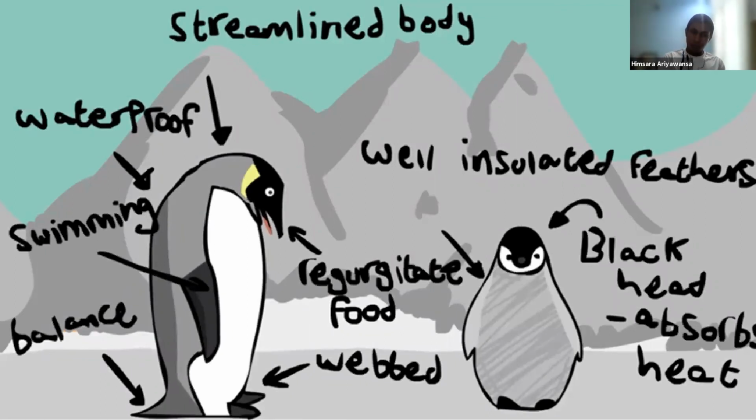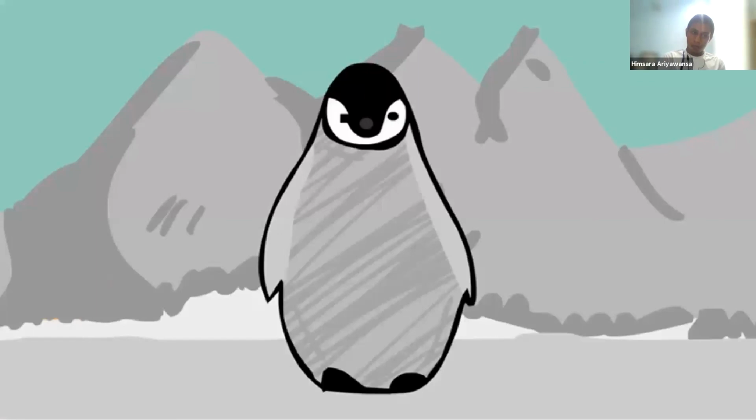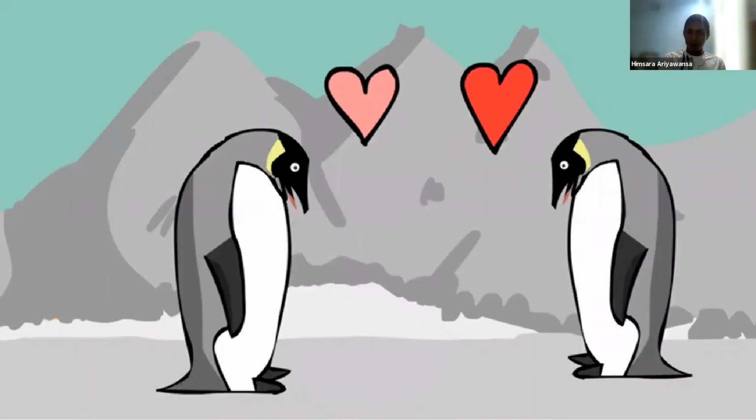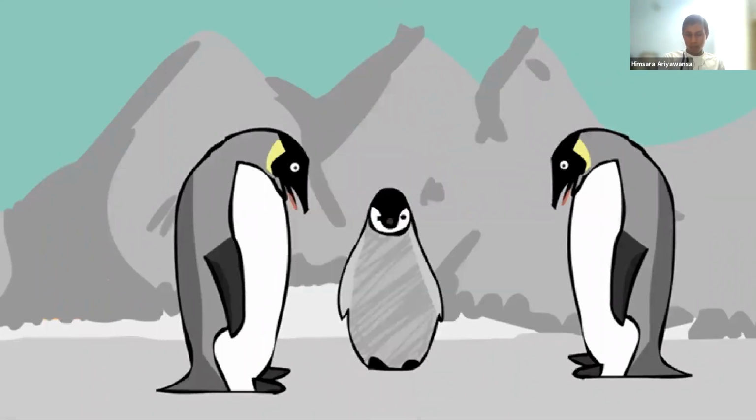So to avoid this, they create vast huddles to stay warm. In these vast huddles, there is a vast amount of penguins. So each baby penguin has a unique call which both parents can hear from a very long way away. Penguins mate for life. They choose a partner when they are at a sexually mature age and mate every year, only missing a few, and do this until they die. They do this to pass on as many genes as possible so that the cycle continues once again.